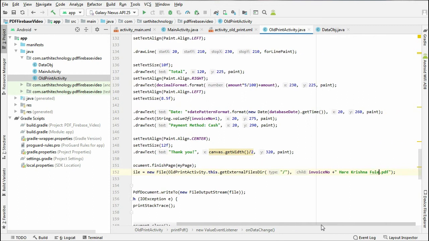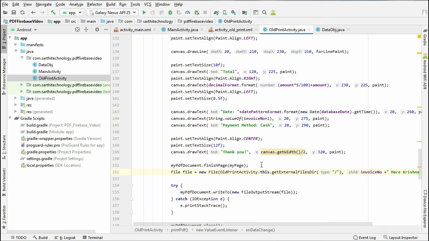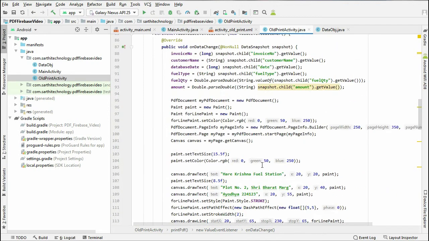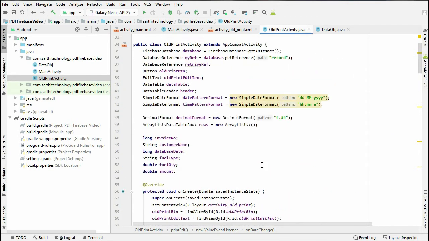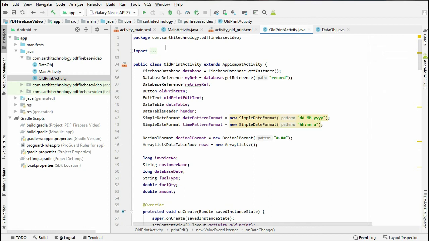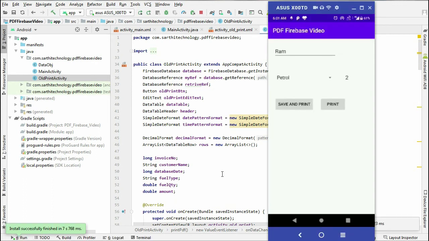So I think everything is done. Let's try to run this. One thing we have left: we need to create an intent to go to the next activity.